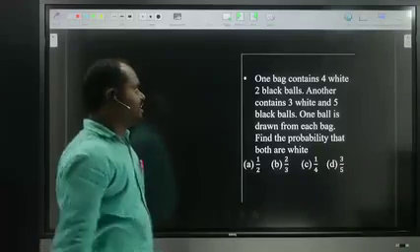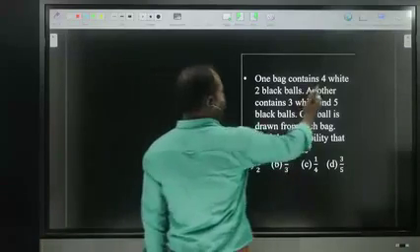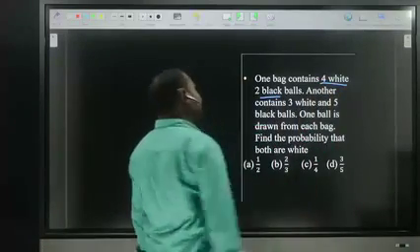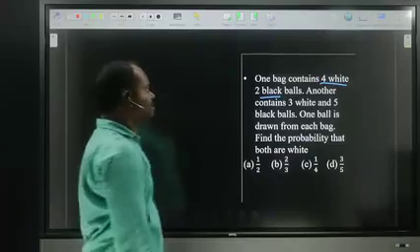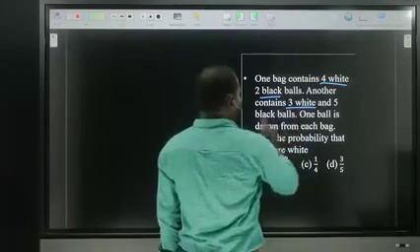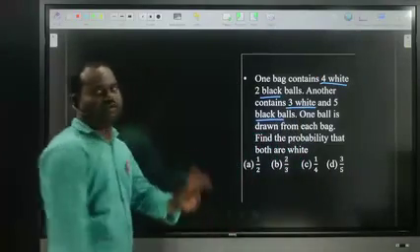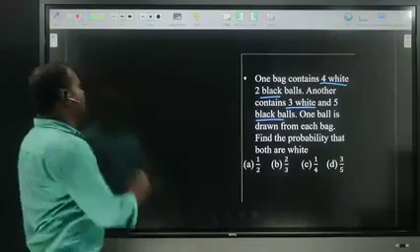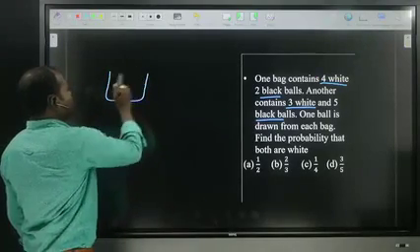Now, one bag contains 4 white and 2 black balls. Another contains 3 white and 5 black balls. Here 2 bags are there. In the first bag, 4